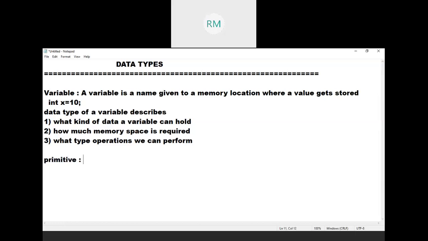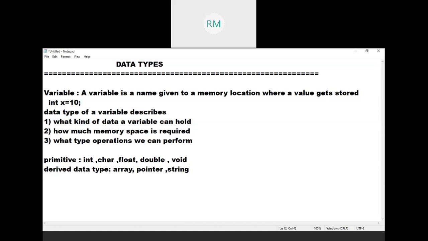In primitive types we have int, char, float, double, and void. Total 5 data types. Void is also a primitive data type. Next one is derived data types, which include array, pointer, string.